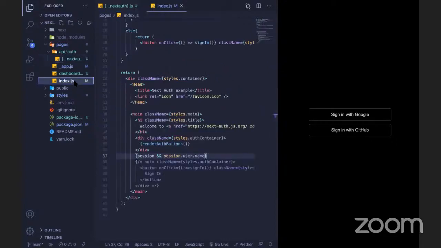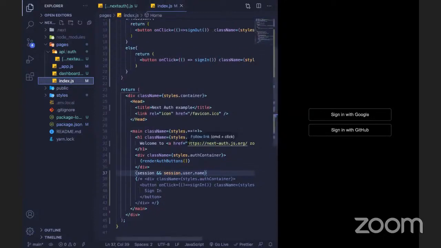Now imagine you're building an application in which you just want to log in with Google, but you don't want the user to go to this black screen and click on sign in with Google, so it becomes a two-step process. You just want a simple sign in with Google option on your website, so that whenever the user clicks on this, it directly opens that Google authentication page, which we saw right now.